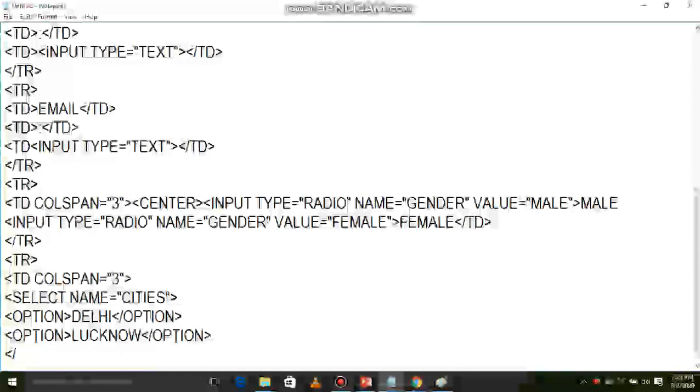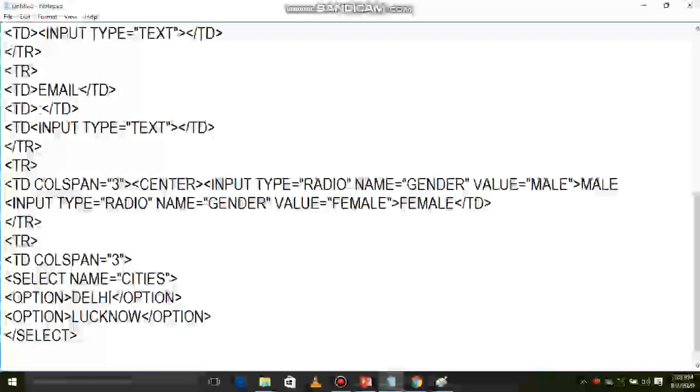Here I am having only two options. At last I am going to add two buttons. So for this tr close,